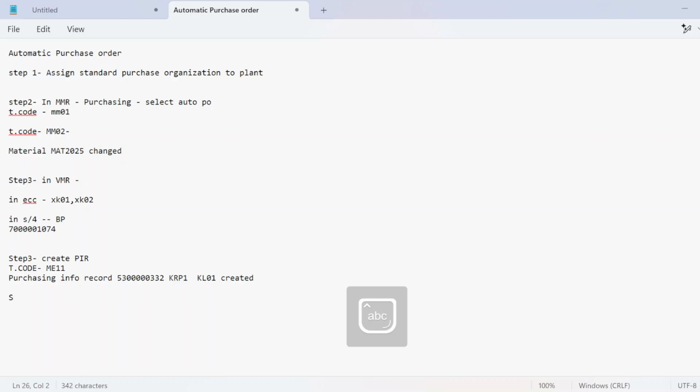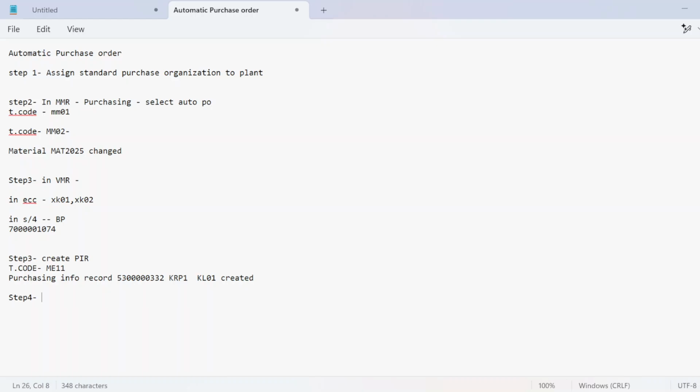Now the next step is I'm going to do goods receipt directly. We are not going to create any PO. Right now, we just require material. We will do all this configuration first, and then we will just call the vendor, ask him to send the goods, and he will come with the goods. We will directly do the goods receipt.